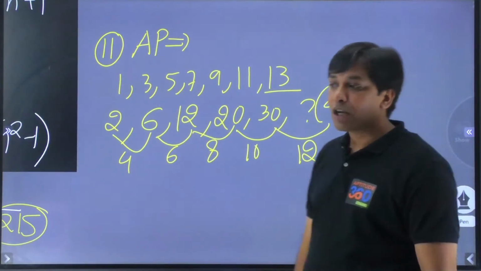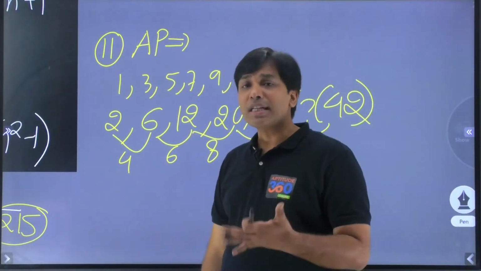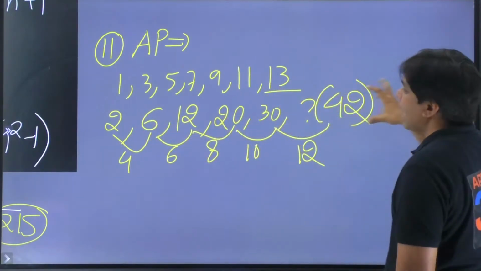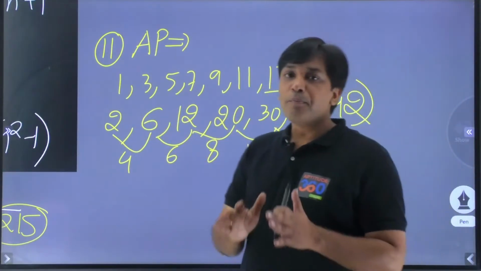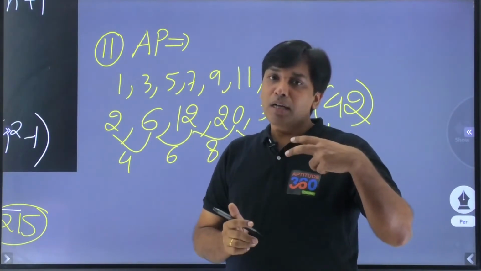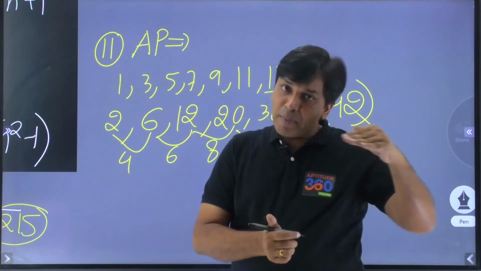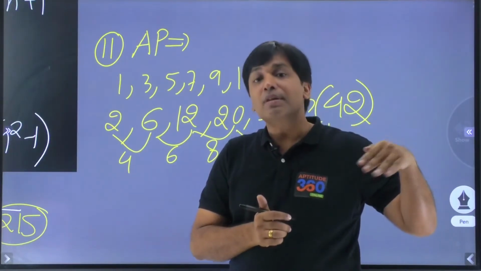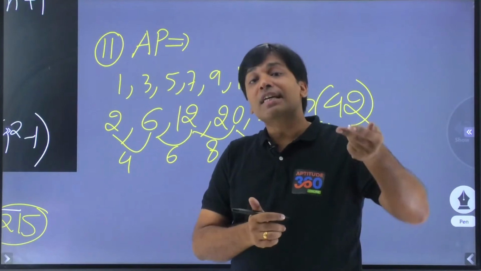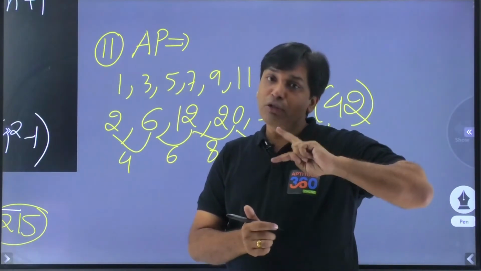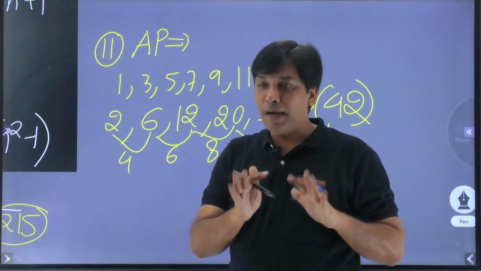Are we clear with this? So what is it that I'm trying to say? This is going to be 2 and then 6 and then 12 and 20 and then 30 and so forth and so on. So you have got the second way as to how you should be approaching a problem. Either they are in arithmetic progression, it's a pretty simple problem, it will never come. What if their difference is in arithmetic progression? That is a possibility. So there are two mechanisms that you have got by now.